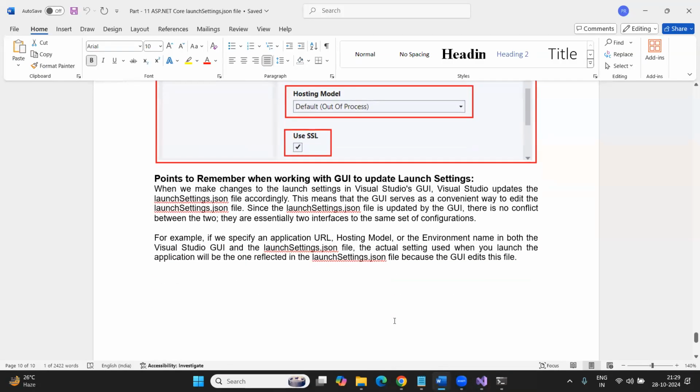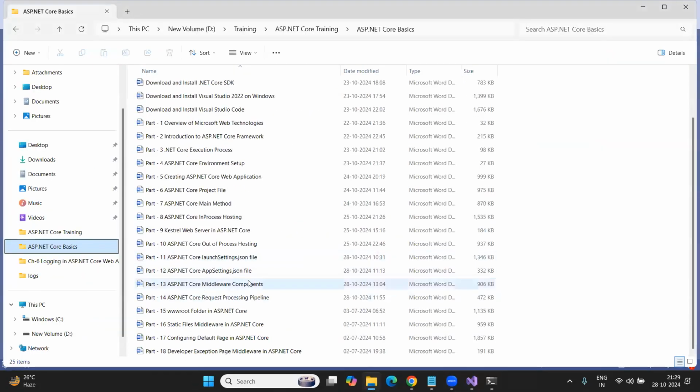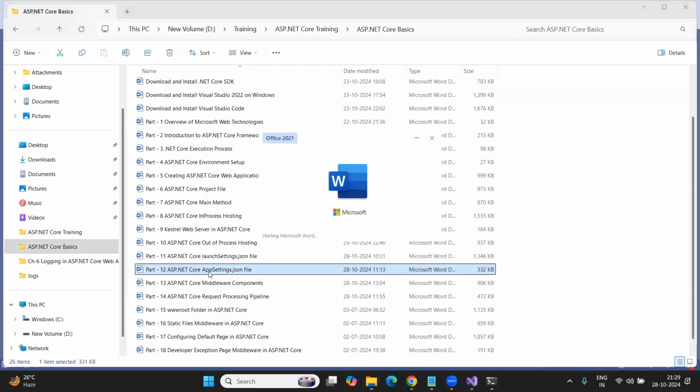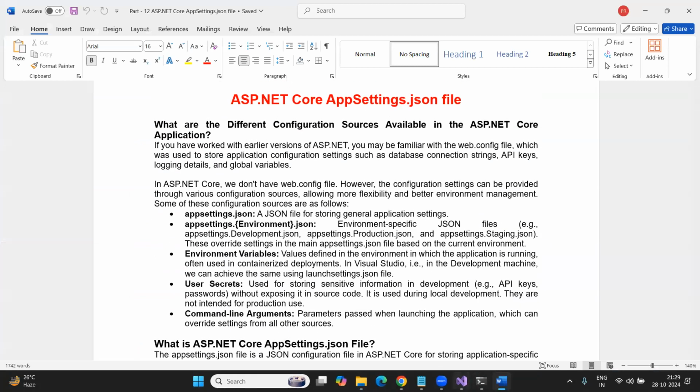Next, what we are going to discuss is, guys, once the basic concepts are completed, then we'll start the real application development. But these are the things we need to understand. So next, what we are going to discuss is